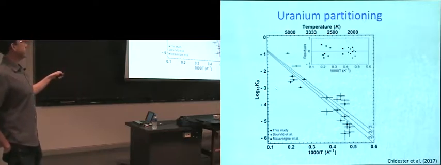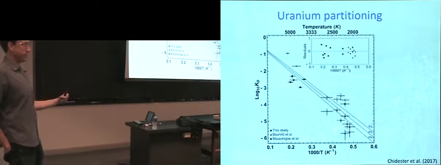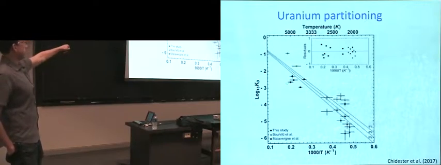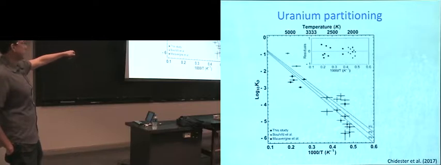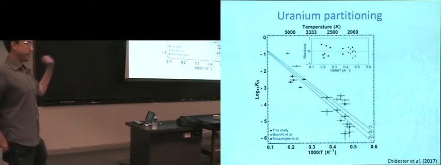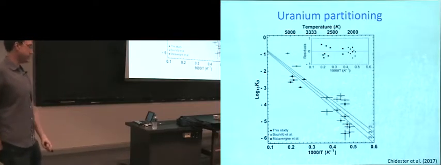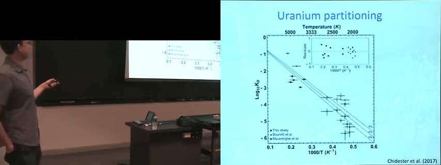So this is basically saying that there's 1,000 times more uranium in the mantle than there would be in the core if they formed at these conditions. And these are her experimental points. Here's some other people's work that say it's even less likely to happen at lower temperatures. So as you get up, it does seem more likely, but it's still basically 1 out of 1,000 uranium atoms is going to try and go into the core. So not really important, but